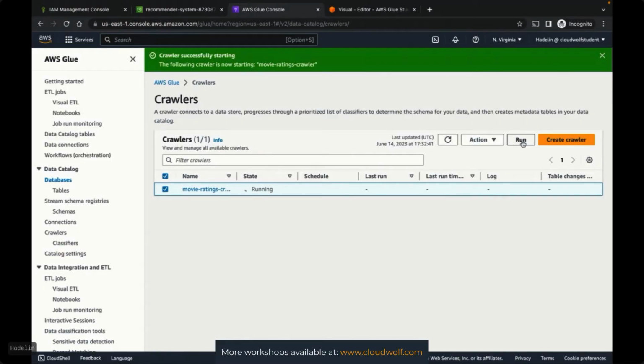So now the crawler is running and basically it's going to extract all the data from the CSV file to put it in the table of the database we created. We created two things so far. We created the database first, and then now we're creating a table of this database. Okay, so now it is running. It's going to take 2 minutes approximately, and you will see that at the end we will have the movie ratings table containing the exact same data as in the CSV file. And that is a data catalog element, and the element is a table,